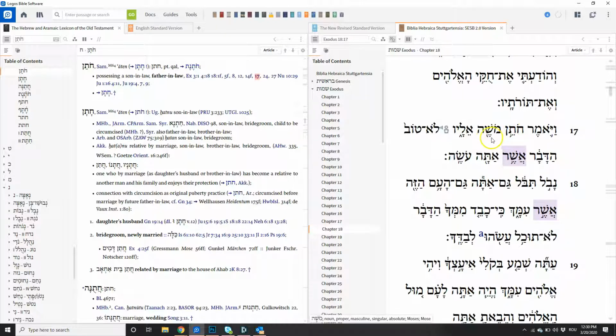All right, these are Masoretic markings that indicate that these two words belong together. Now, since Moshe is definite, even though it doesn't have the definite article, it's the name Moses. Since it is definite, its construct will be definite. So this is, and he said, and who said? The father-in-law of Moses said,